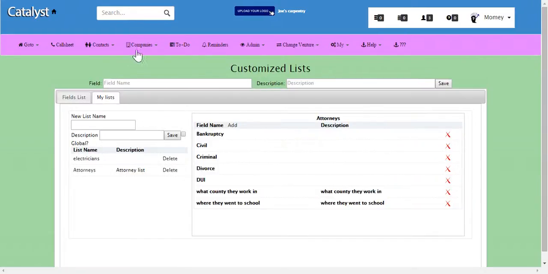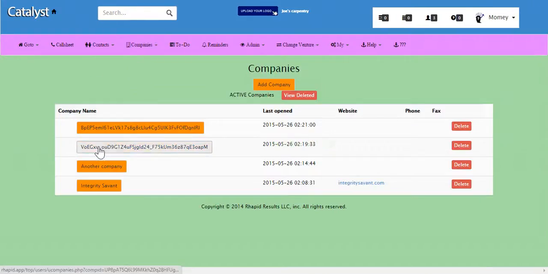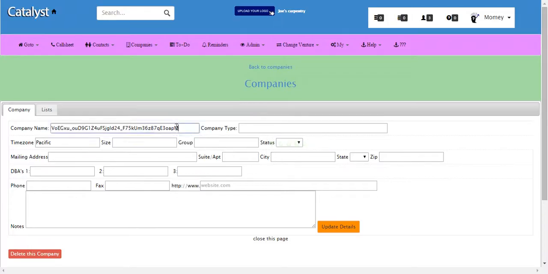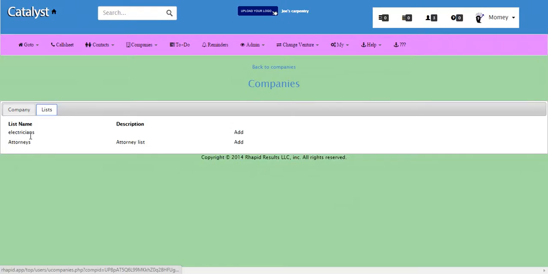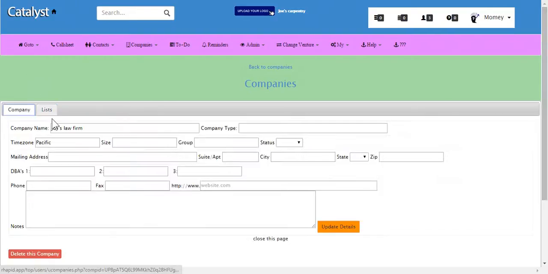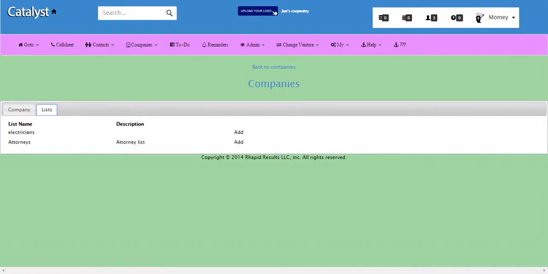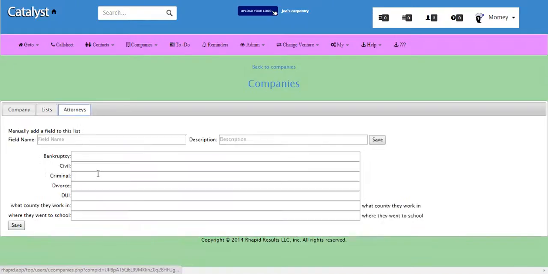So now when you go to create a company, this is kind of an odd company name. Let's say this is a law firm. I can say in here that it's a law firm, but then when I add them, if I want to add this attorney list, okay, you can see here by adding the attorneys, I now have this new tab, and on this tab, I